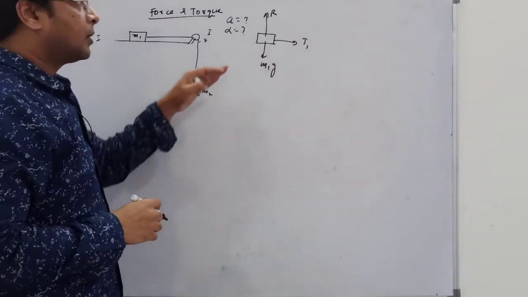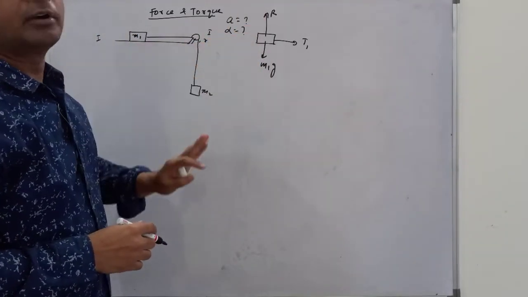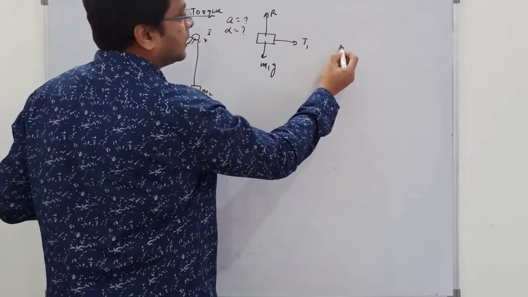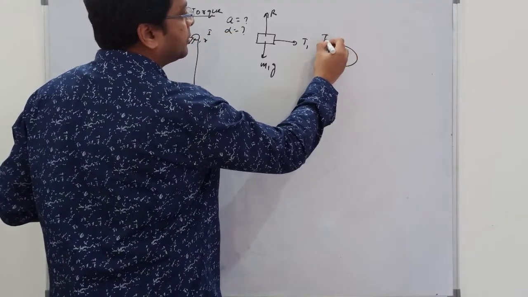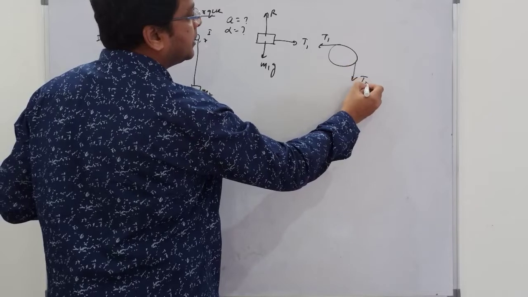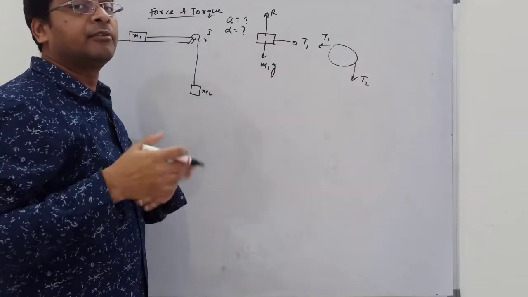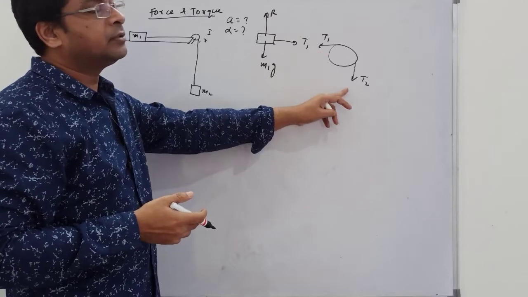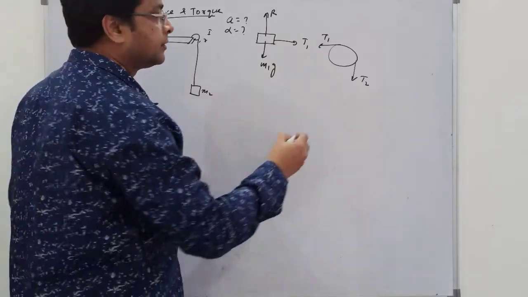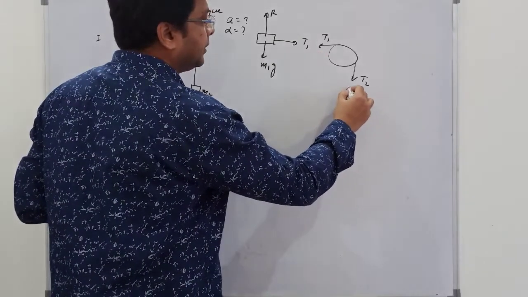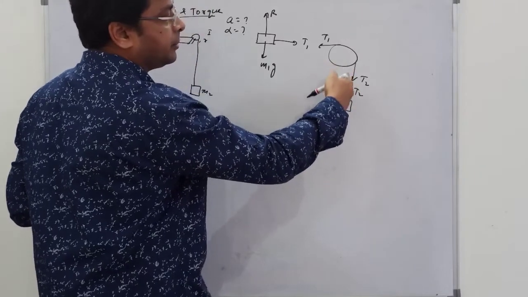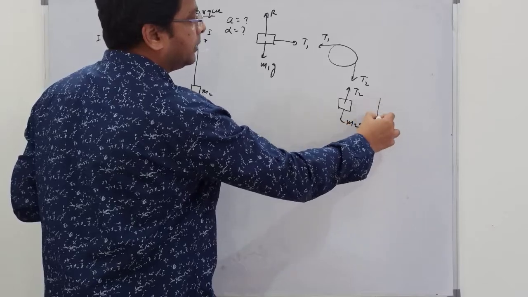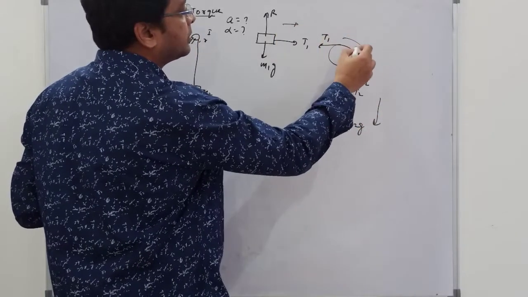Got this? Contact force by the table acting upward, weight always acts down obviously, tension T is towards right. Now pulley is there. Just mind it, when pulley has got the mass, then same strings behave differently. The string has got the tension T1 this side and T2 this side, which is unknown so far. This is T2 again. Same string, so same string tension here. Same, and this is M2G acting down. This is down, this is right, this is angular acceleration.